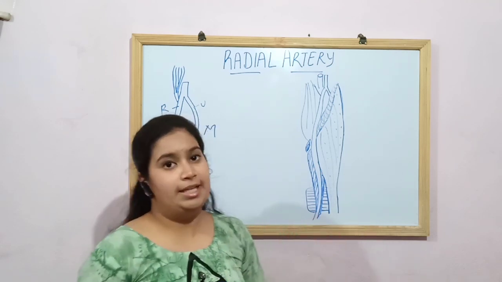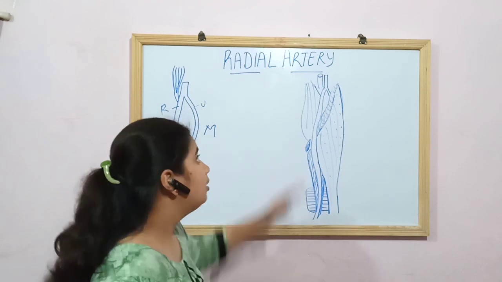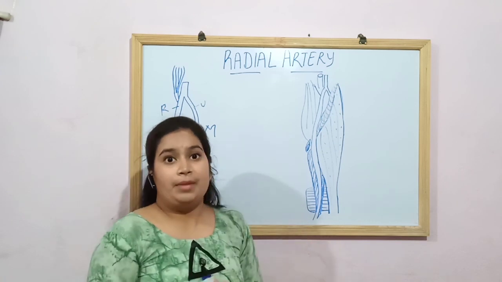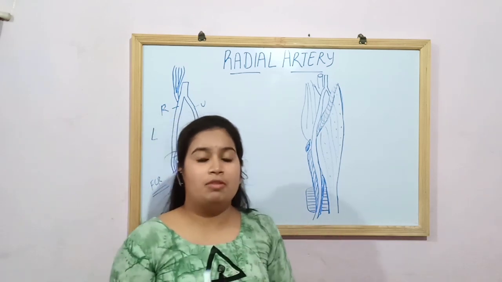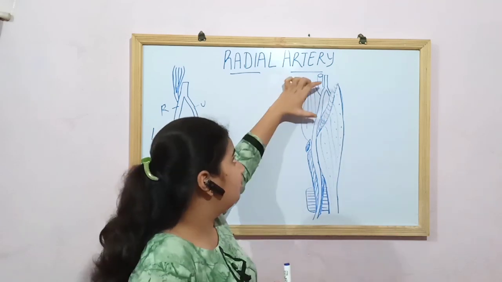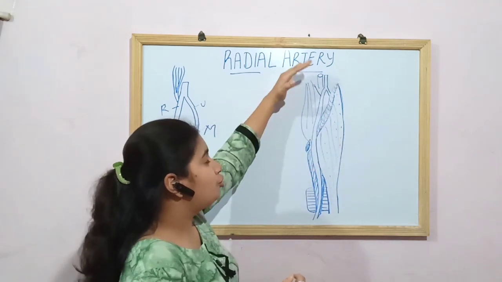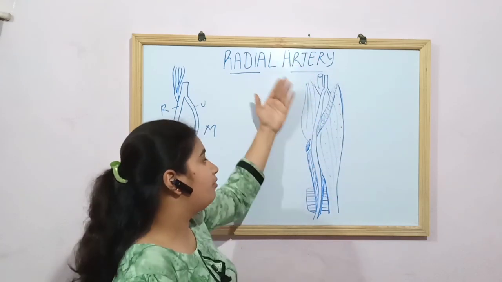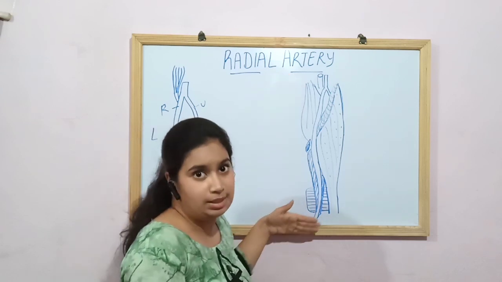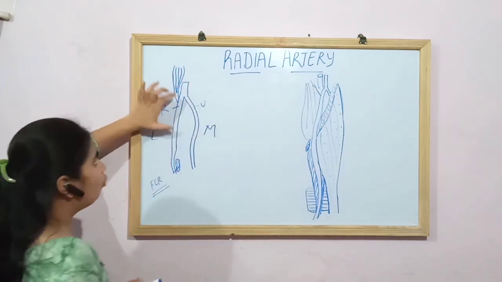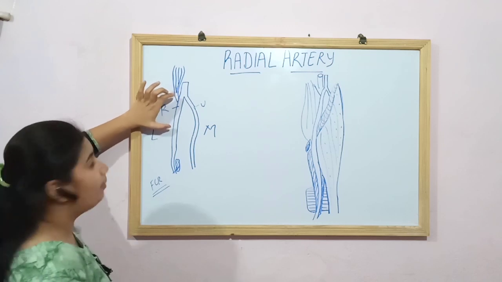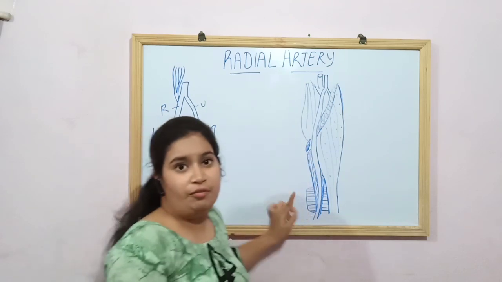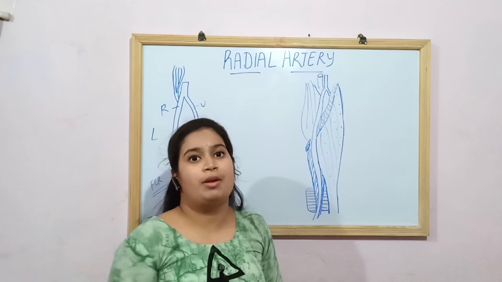What are its relations with the muscles? So this is the diagram of the relations of the radial artery. Over the anterior part, it is completely covered with the brachioradialis muscle in the upper one-third part. In this diagram, I have not shown you the brachioradialis muscle because this is the cut section showing all the posterior muscles. So in the upper one-third part of the anterior part, there is a brachioradialis muscle, and below that it is all superficial, covered with only skin and the superficial and the deep fascia.